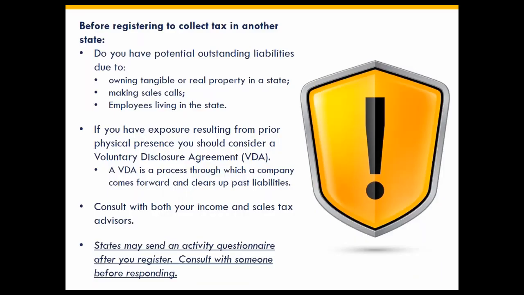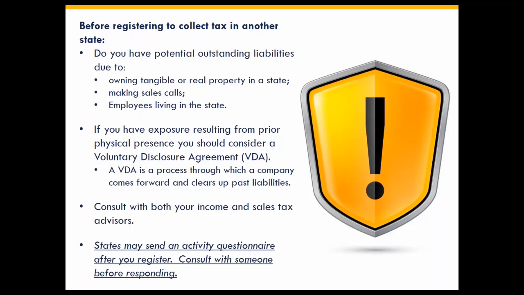Now comes the warnings, just like anything else. Remember we talked about physical presence, boots on the ground, making deliveries in another state. That physical presence could have created in the past a need to collect sales taxes. Maybe it wasn't on your radar at the time. You weren't thinking about it. Maybe you had your trucks making deliveries in Oklahoma, or you had salesmen driving around the countryside knocking on doors in other states. Maybe you've already made that connection with the state, and now you're only looking at the economic side.